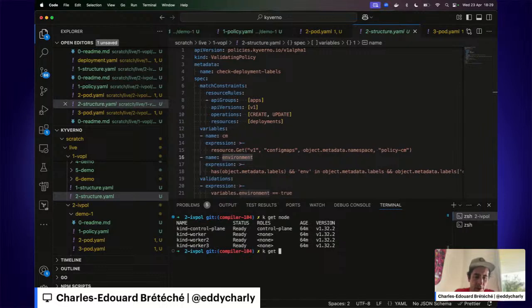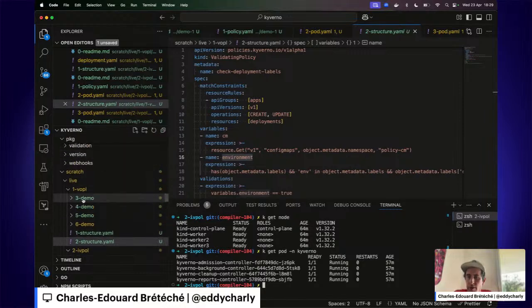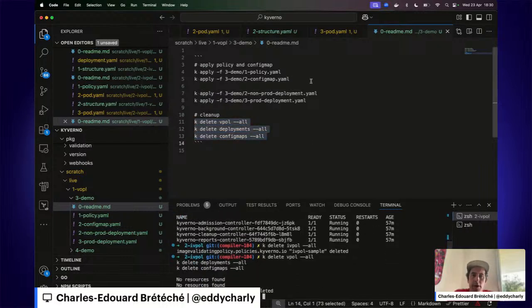I installed Kyverno from the Helm chart. So I have Kyverno pods running. And the first demo we can do is, let's clean everything before to make sure it hopefully works. And then we're going to first apply a policy. We will apply a config map, and then we will test a couple of things with